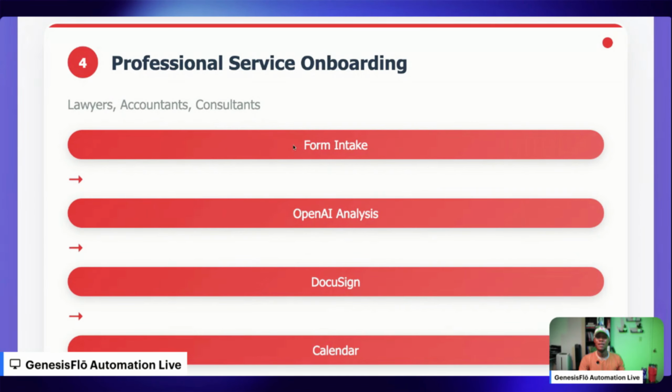So I'm going to show you what we are going to do here. This is a professional service onboarding automation, good for lawyers, accountants, consultants, like I said. So someone goes on your website, which is basically where most people will find you, and they fill out a form, and what we would do is collect that information, create an analysis, and then we will create